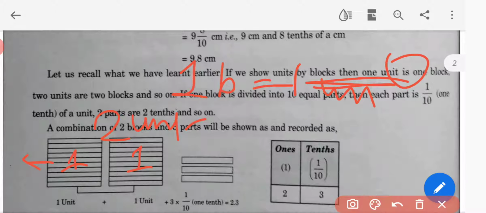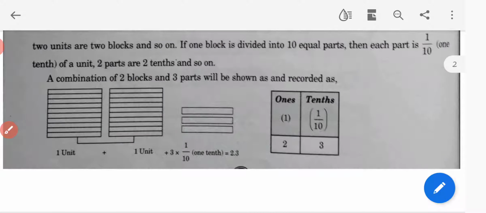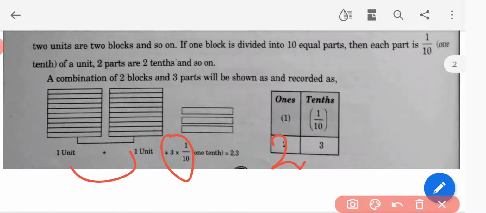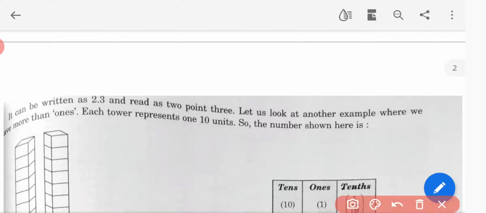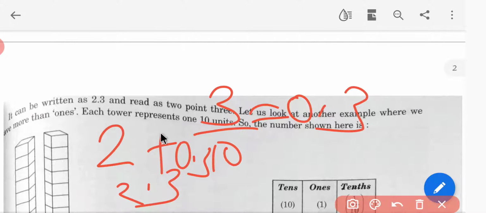And here it is divided into how many equal parts, 10 parts. And if we take only a single part, it can be written as 1/10. So how many parts are given here, 1 2 3, it means 3/10. Now we have to write in its place value. So 1 plus 1 means how many ones are given, 2. 1/10, how many parts are given, 1 2 3, so here it will be 3. It means it can be written as 2.3. To complete, 3/10 means 0.3. So 2 plus 0.3 means 2.3. Like this it is given.